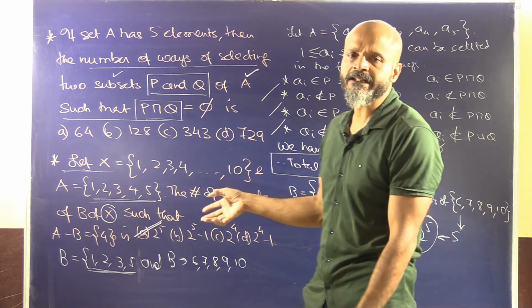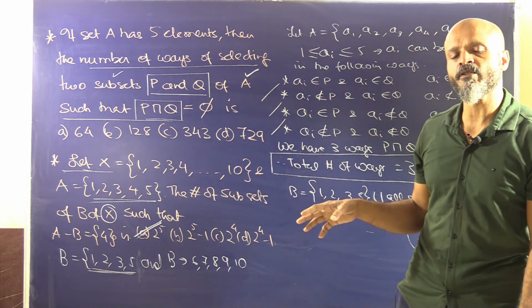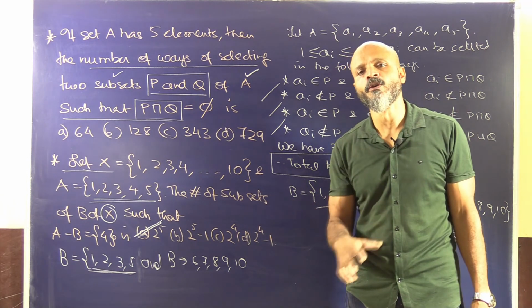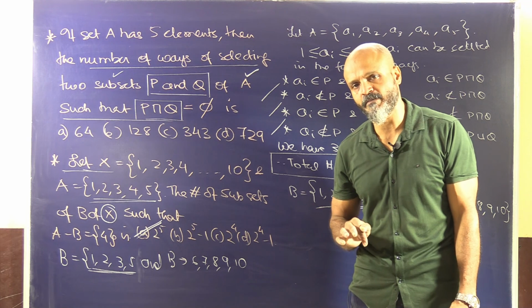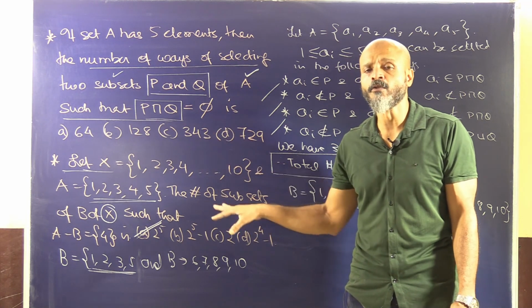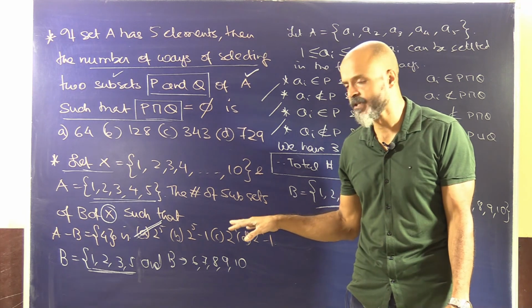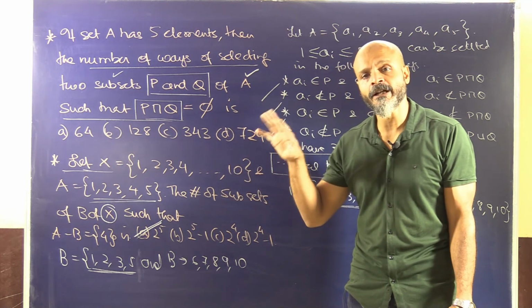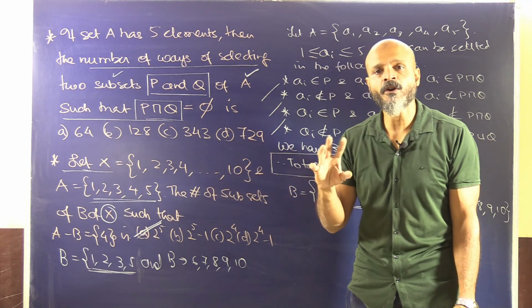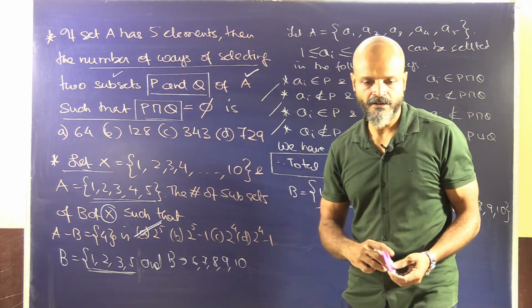I am highlighting these types of problems to you because, mostly in permutations and combinations, students generally go after memorizing the formulas of different types of permutations and combinations without understanding the core concepts. If you look at the last 4 or 5 examples, we have not used nPr at all. We are just going deep into the concepts: what are the arrangements that are actually possible and how to crack these problems.